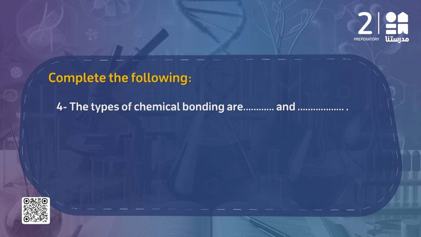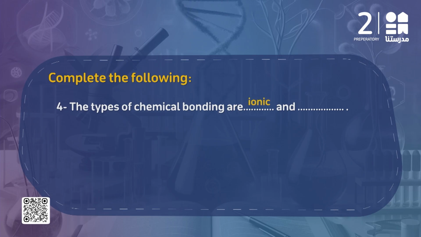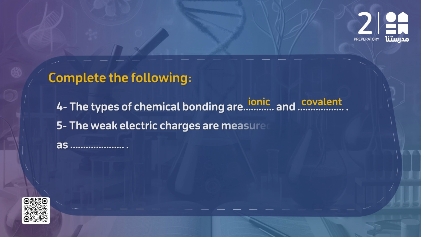Question number 4 tells you the type of chemical bonding are... As we know, we took in our topics that there are two types of bonding, which are ionic and covalent, depending of course on the nature of the elements bonded in that structure. Question number 5 tells you the weak electric charges are measured by a device known as the